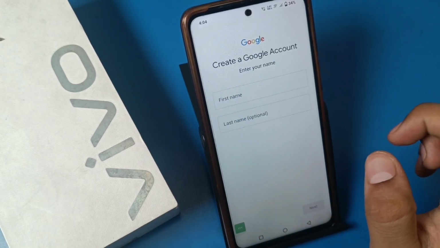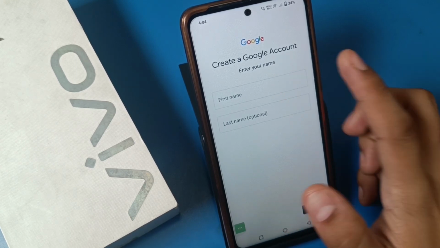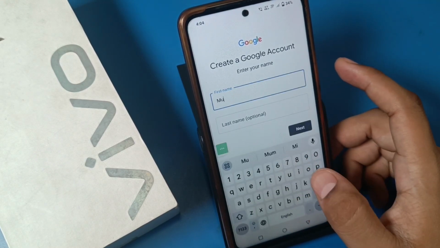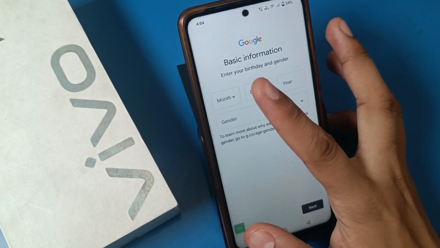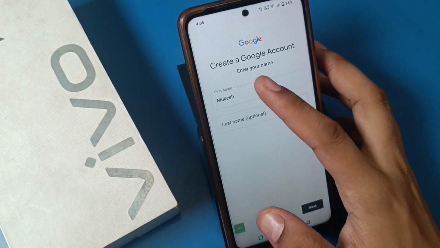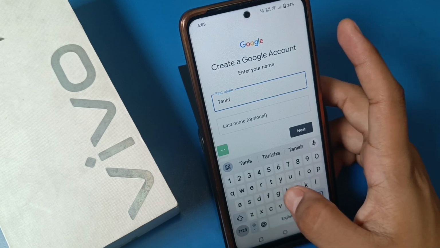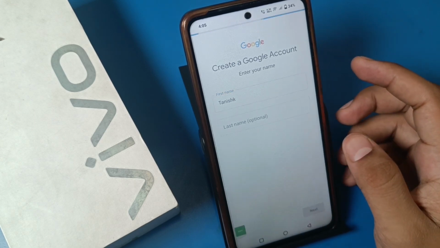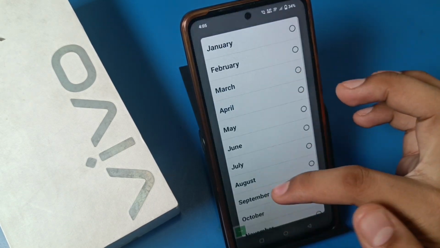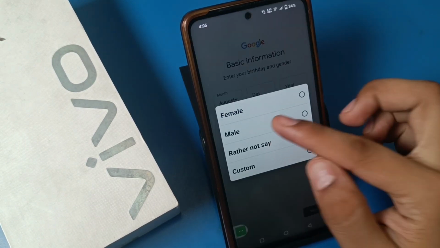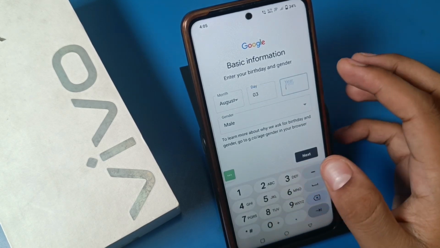Here, for my personal use. If you have to make a business one, you can click on business. Just click on this and you can just make this like this, and you have to just select the month. You have to just fill this here